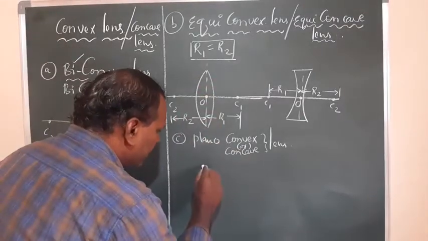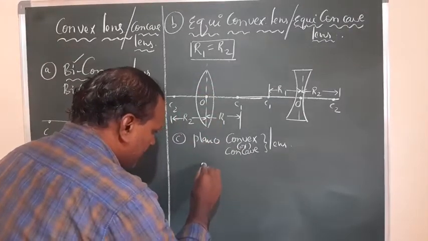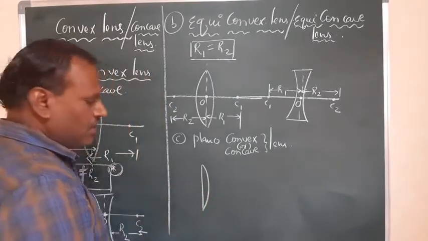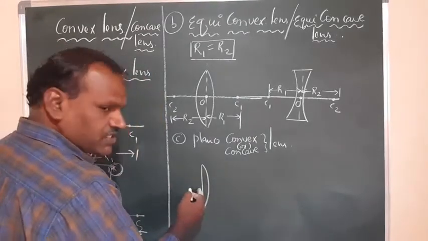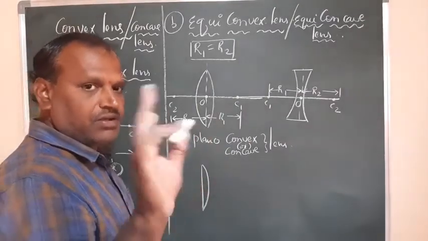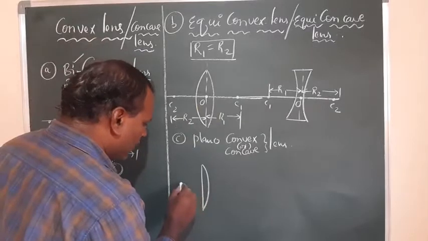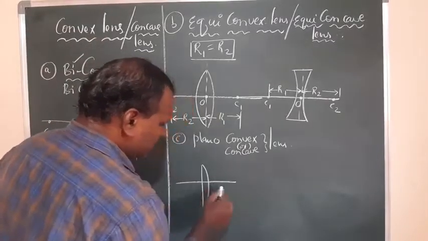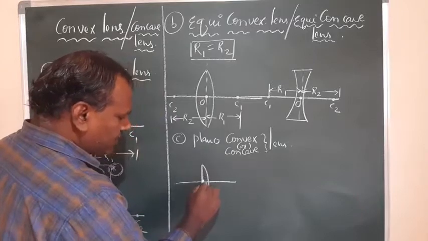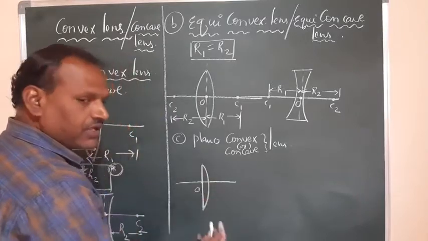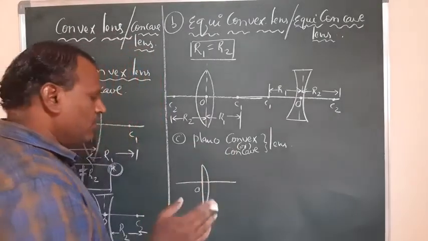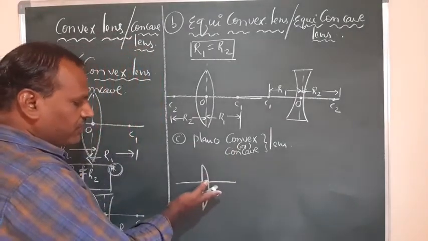So I can draw this one, this is a plano-convex. One of the surfaces is a plane surface. Maybe this side is plane, this side is curved, but one of the surfaces should be a plane and another one a curve. Then it is called plano. A plane surface should exist. This is the principal axis, and it is the optic center. For this, the radius of curvature of a plane or a straight line is infinity. Right? We don't have any distance. For this, where is the radius?